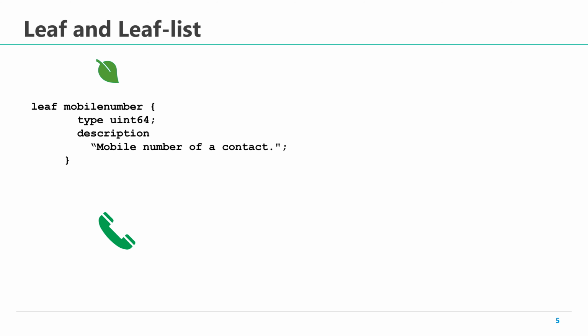Let us now see real examples of each one of these data node types. We will start with a leaf. The example you see here is for a very simple mobile number. Here we are describing the mobile number as a 64-bit unsigned integer. As you know, a mobile number can be 10 or 11 digits. So describing it as an unsigned integer of 64 bits is one form of representation. If a device supports this leaf in its data model, using the Netconf management protocol, the value of this leaf can be changed to store a particular mobile number.